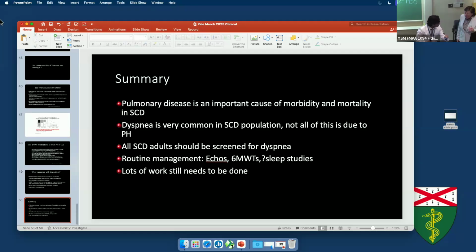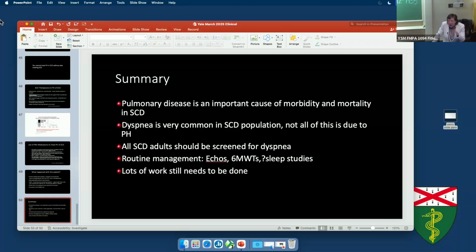I have one statement/question. Do you think every sickle cell patient should see a pulmonologist? That's a really good question. In my experience, I see people just for screening, for dyspnea screening, for keeping an eye on their echoes. And I think there is a lot of benefit for that because a lot of our patients are really just